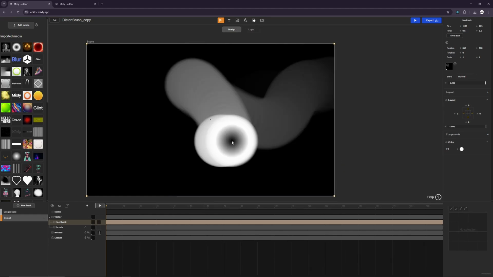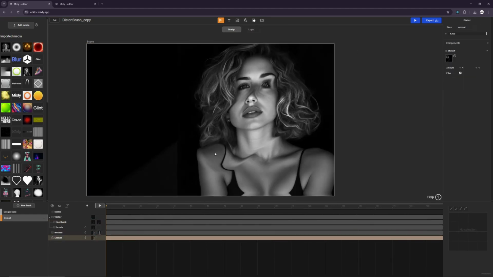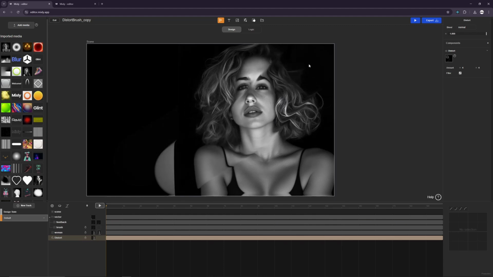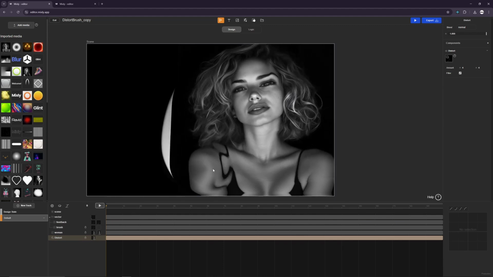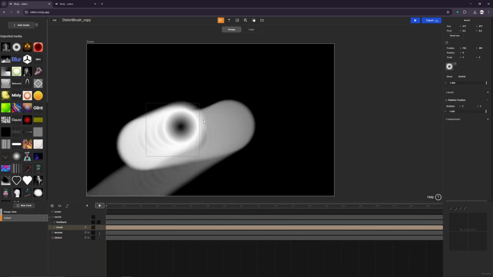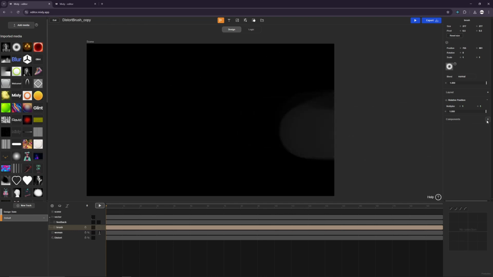But I actually want something that distorts the image along the movement of my mouse. So it's not just doing some distortion from always the same direction. I want it to follow the movement of my mouse. I'm gonna go to the brush layer. We can see it again. And now I'm gonna add this special